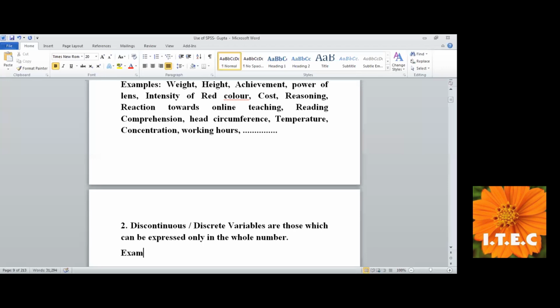Example, gender, languages, methods of teaching, types of school, types of college, caste, marital status,